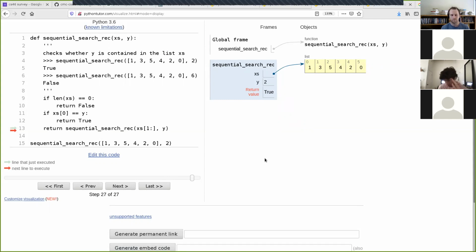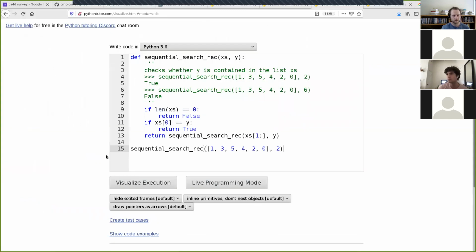Okay, go ahead. Hey, Mike. I don't know if you were going to do this example next, but I'm curious to know, when the y parameter is 6, how do we slice into a list that doesn't have that? Yep, great question. So let's do